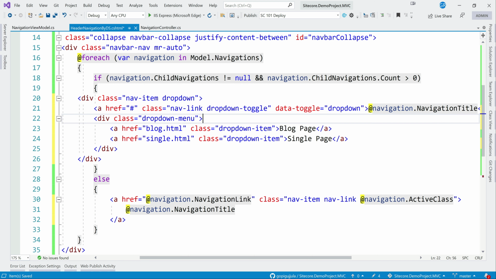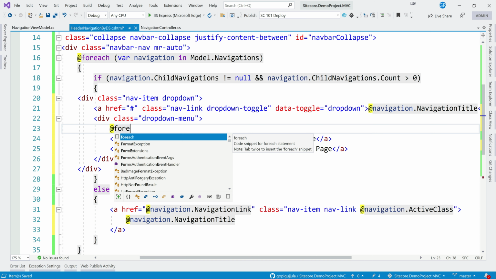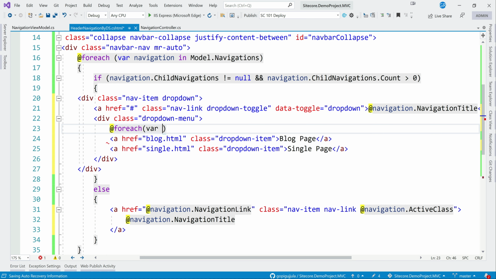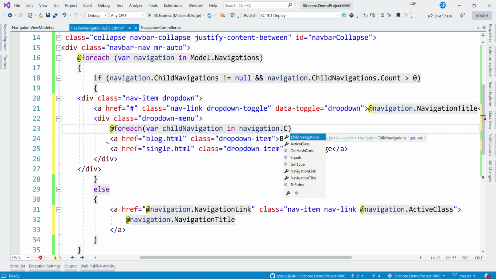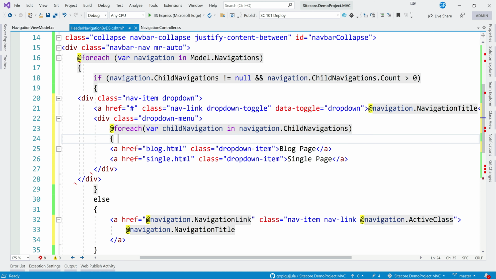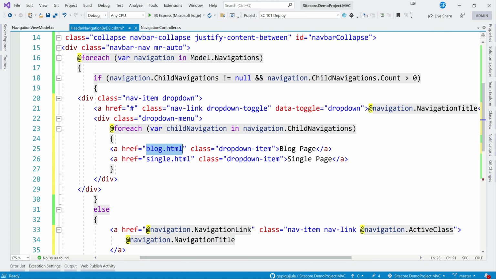But again there is a drop menu, so we need to loop through, foreach var childNavigation in navigation.ChildNavigations. Okay, this is done. This is simple. Again, you can use the same thing.